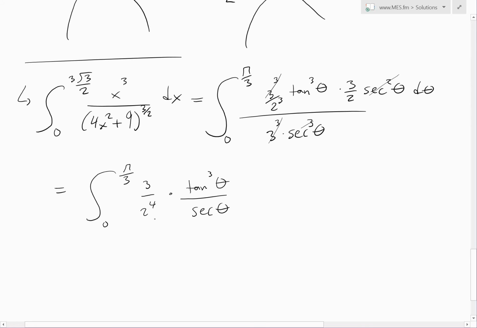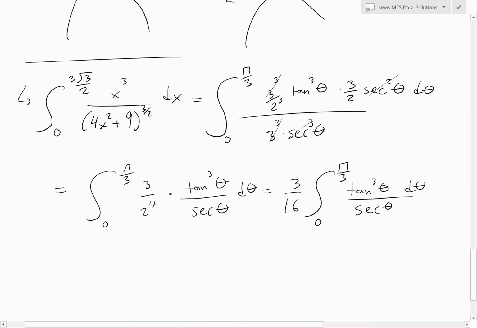And now this 2 to the 4, oh, so there's a d theta right there. So 2 to the 4 is 2 times 2 is 4, times 2 is 8, times 2 again is 16. So this will just equal 3 over 16 from 0 to pi over 3 of tan cubed theta d theta